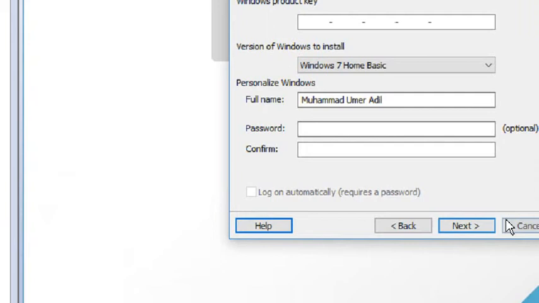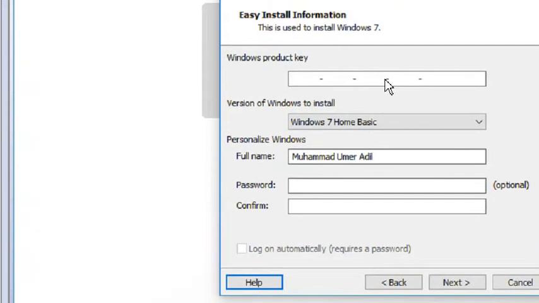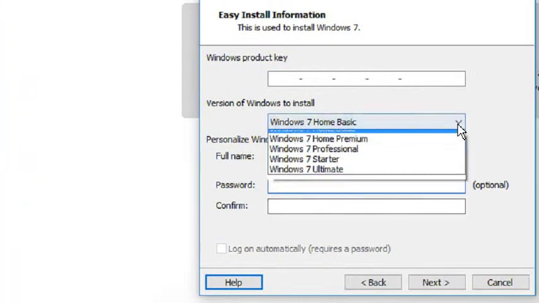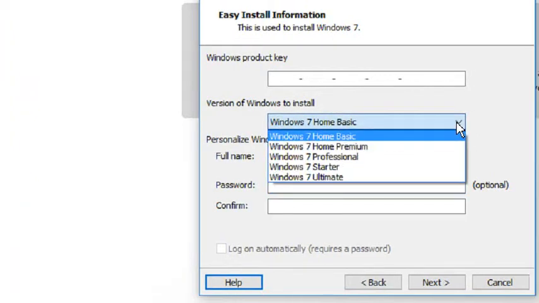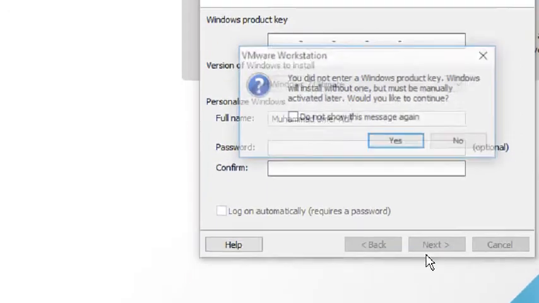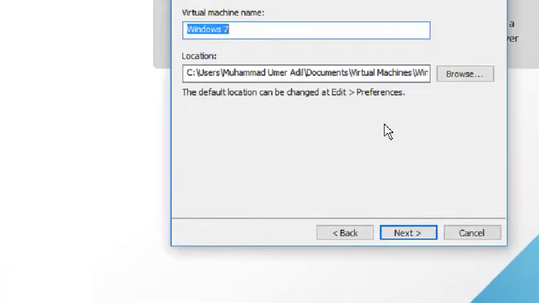Click next. If you have a Windows 7 key, you can give it here or just leave it blank. You can give a password, that is optional. Here are all the variants available in your ISO file, and I will go with Windows 7 Ultimate. Click next. I don't have a product key, so click yes.